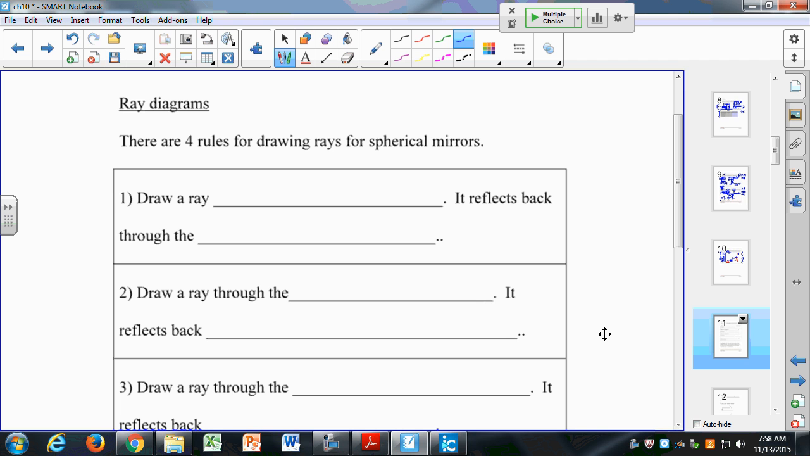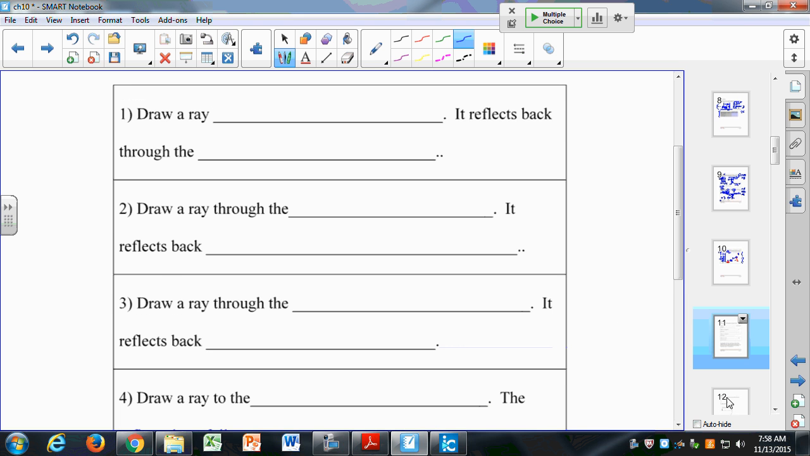No, no ray diagrams for mirrors. You will have ray diagrams for lenses. They're very similar, so we'll see that on Monday, okay? So let's go on ahead to,